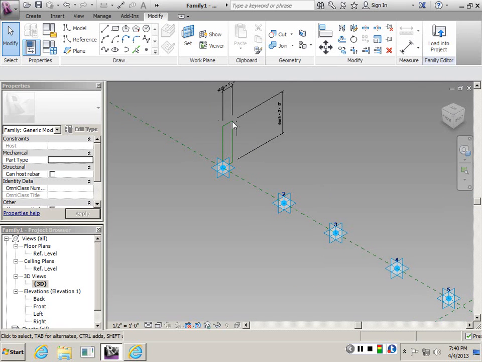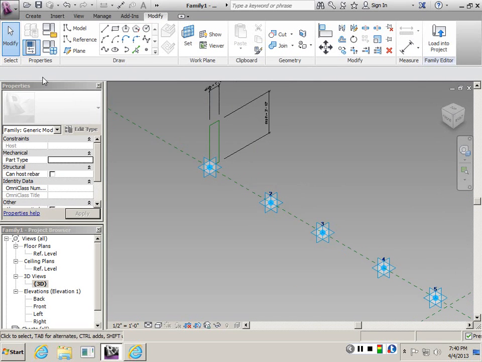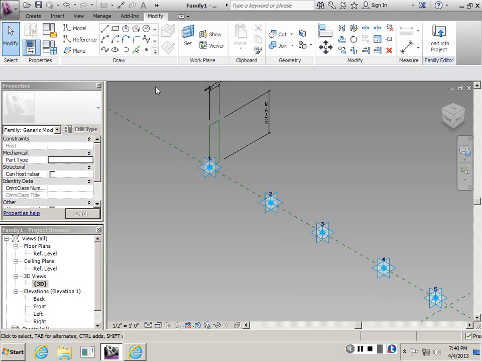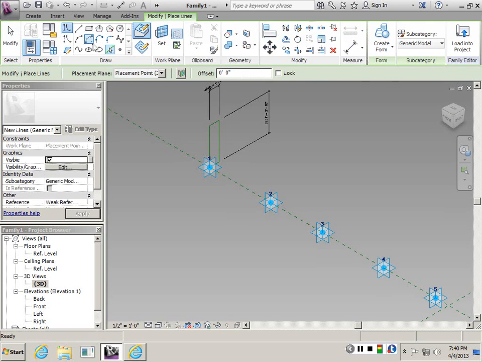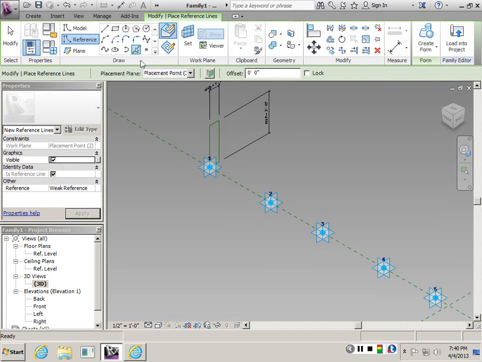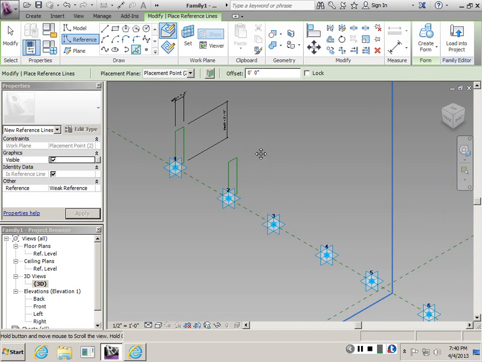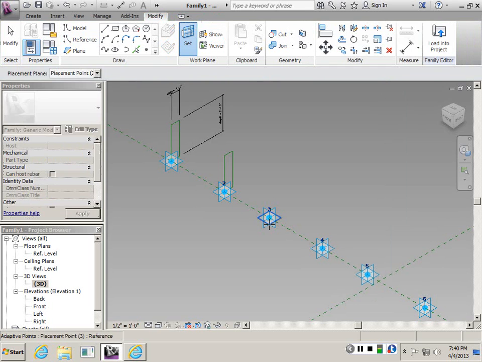So there's an easy way to actually do the same operation. I need to set up a new work plane, and this will be on the second adaptive point. So I'll go to set work plane again and select this plane. And after I do it, I could just use the pick lines and reference lines and pick lines. And if I click on the first rectangular profiles that I've created, I can get the same rectangle shape. Okay? And I need to do this for all of these,